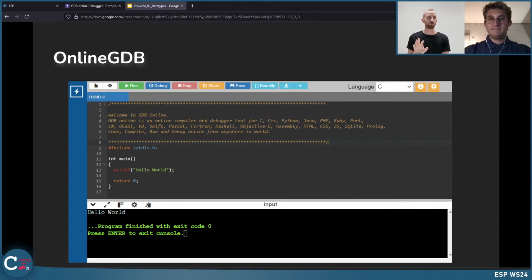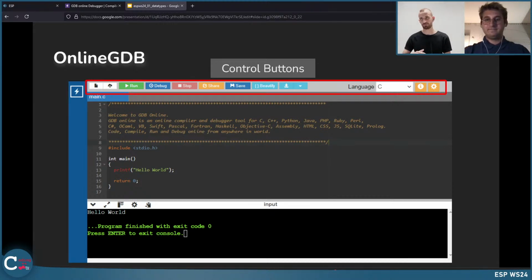But I would not recommend writing bigger programs like the assignments in Online GDB. I would highly recommend using the virtual machine and VS Code because this has some limitations. You will see there are a few differences, but for small code parts, Online GDB is a good alternative.